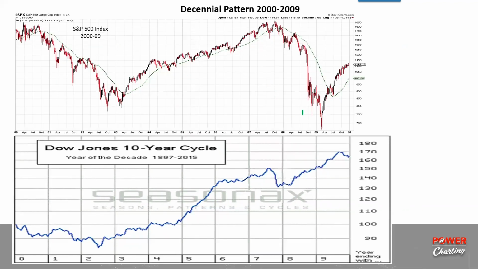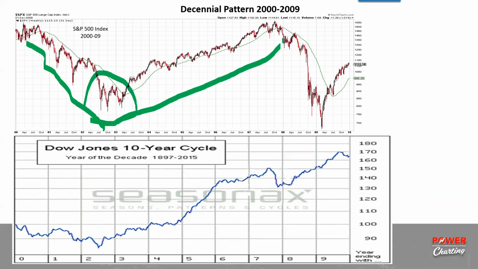So now we're looking at 2000 to 2009. We looked at, well, I guess we haven't looked at the 1990s. Maybe we can do that next week because we are running out of time. But look at the decline that occurred in the years 0 to 2. Important base. This is really a classic, beautiful base here that produced a rally through the period that the Decennial